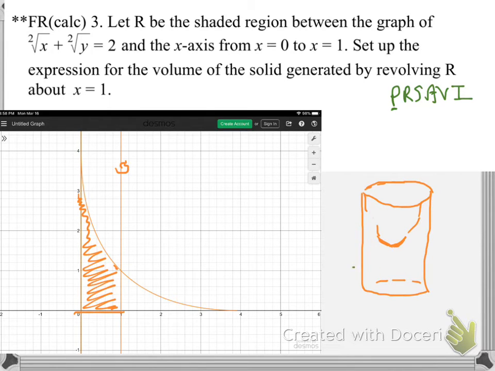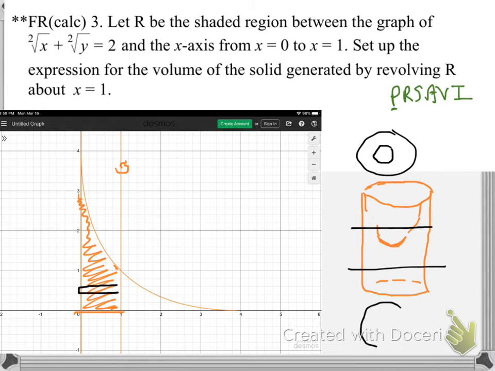I'm going to slice it this way, which means that this is really going to be my rectangle or my radius. Now the weird thing is, when I slice it down there, I'm going to get a solid circle. But when I slice it up here, I'm going to get this circle, but it's going to have a hole in the middle of it. Whereas like the bottom slice, I'm just going to get this solid circle. And so